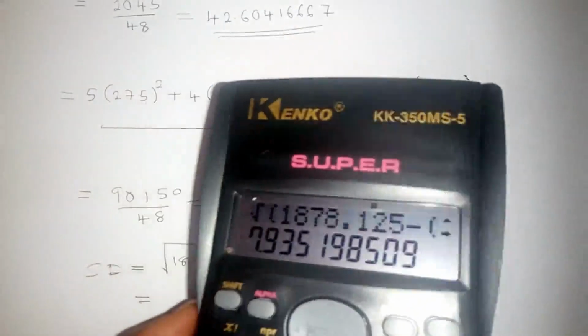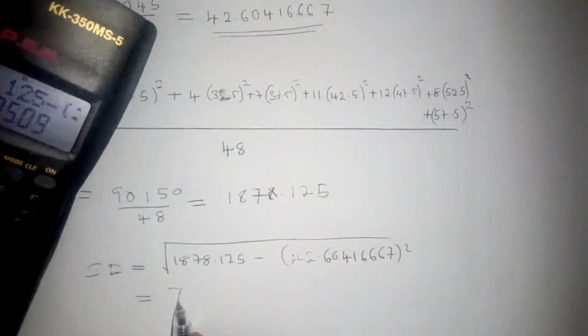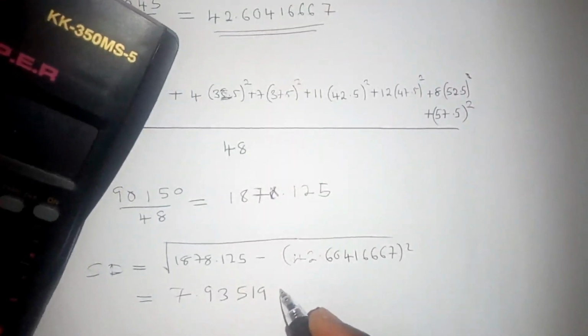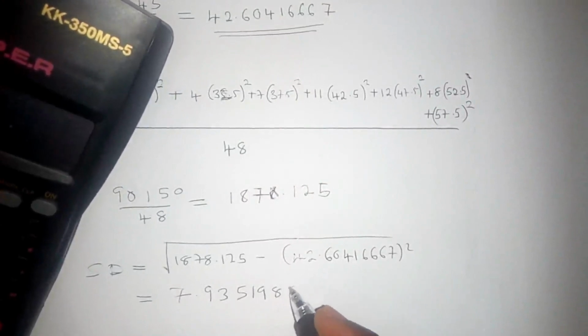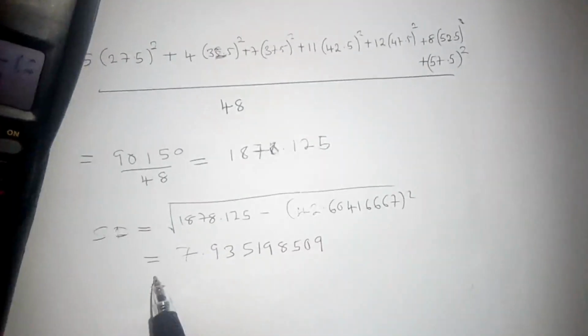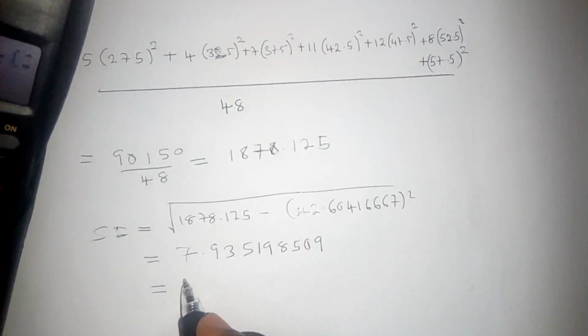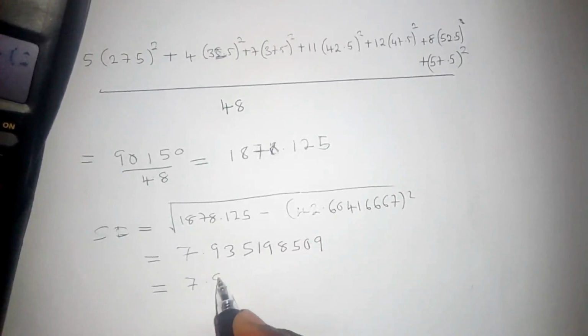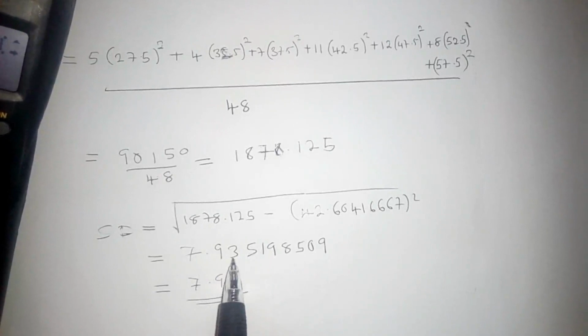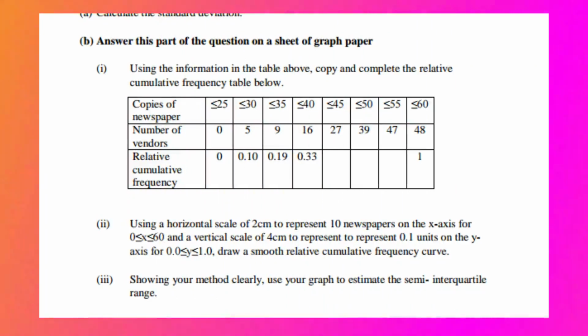When you punch, you find that your answer will be 7.935198509. So according to the question, we have been told to write this answer in 3 significant figures. So it will be 7.94. So this is our standard deviation. 1, 2, 3. This is the strong number, so it will affect 3. It will be 4. So for question 1b, we have been told to use the graph paper, and we have